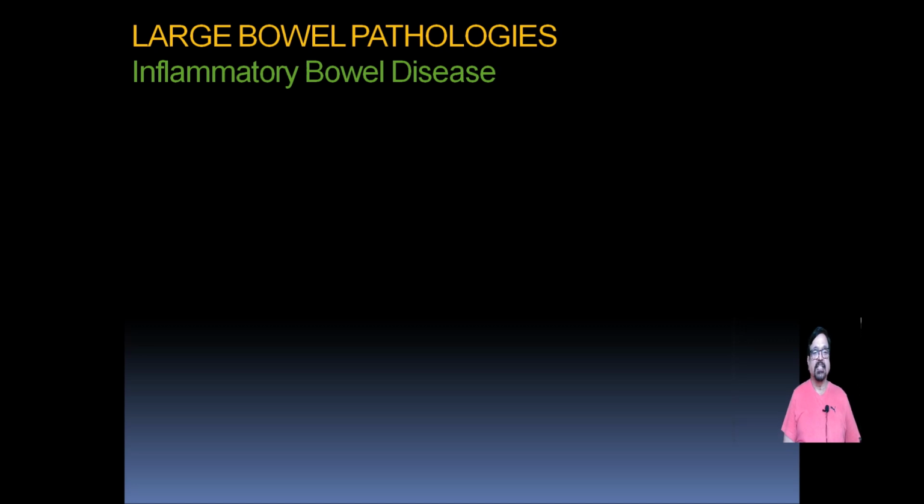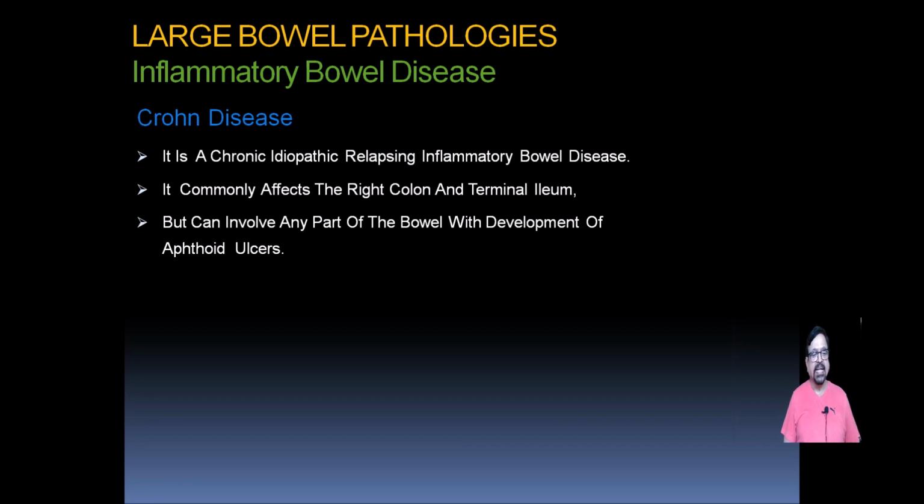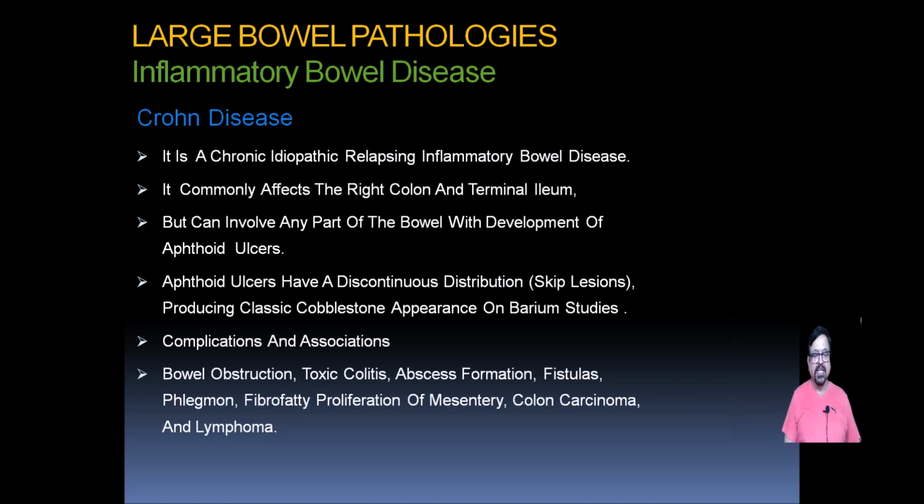What are the large bowel pathologies? They are inflammatory bowel diseases. Let's consider them one after another. One is Crohn's disease. It's a chronic, idiopathic, relapsing inflammatory bowel disease. It commonly affects the right colon and the terminal ileum, so-called backwash ileitis. It can involve any portion of the bowel with the development of aphthoid ulcers. These aphthoid ulcers have a discontinuous distribution, that is, they are skip lesions, producing the classical cobblestone appearance on barium studies. Now, complications associated with Crohn's disease are bowel obstruction, toxic colitis, abscess formation, fistula formation, phlegmons,